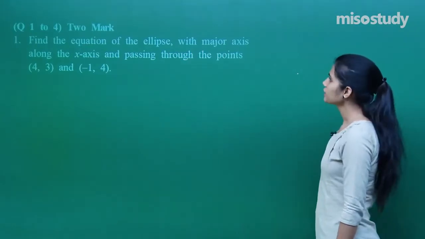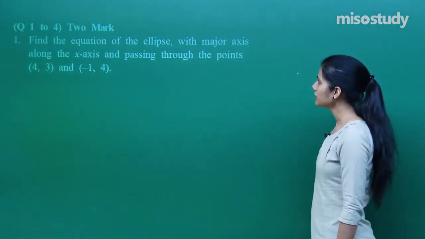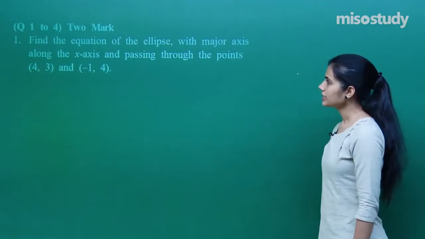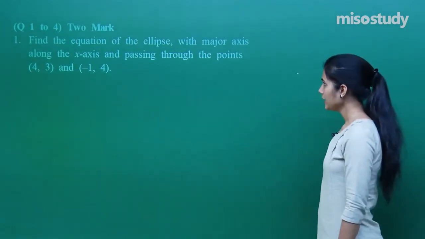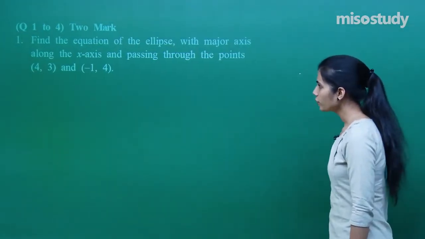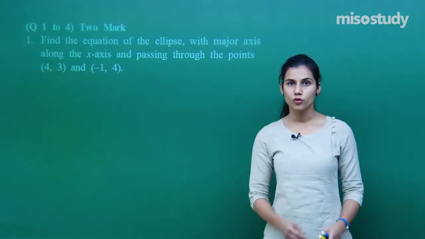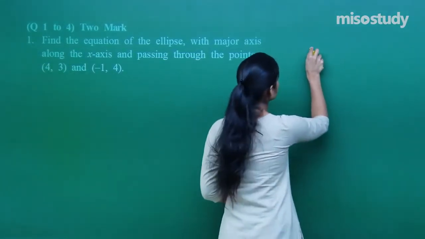First question is for 2 marks. It says find the equation of the ellipse which has major axis along the x-axis and it passes through 2 points (4, 3) and (-1, 4). Now, the equation of an ellipse